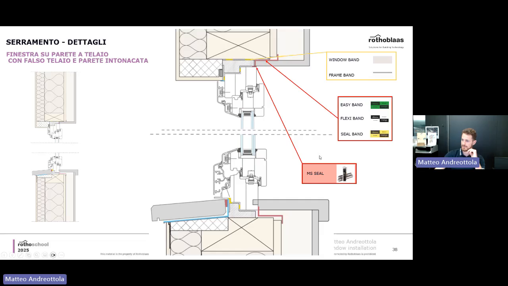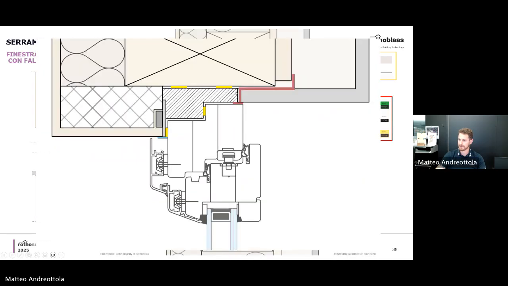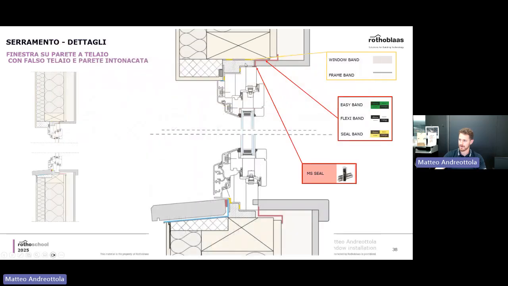You can place here also a little bit, you see on the top here, just to make sure you have a little bit of extra protection, and it's also beautiful to see. You can put a little bit of seal. It's basically a profile to close any gap, MS seal on the top. And so yes, you see you have this extra protection right there.